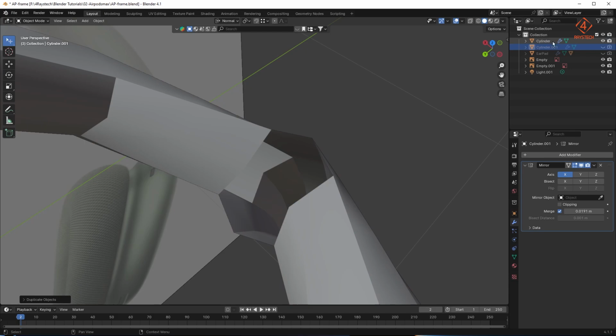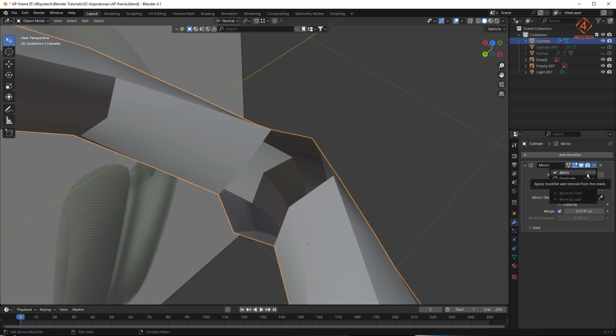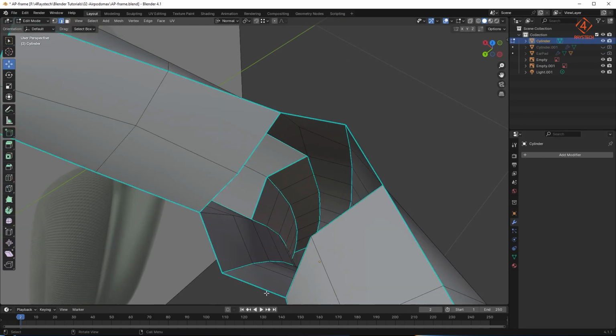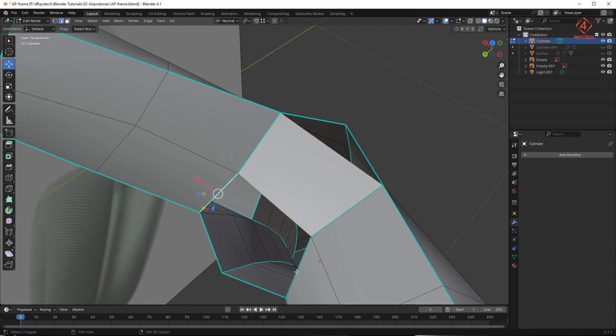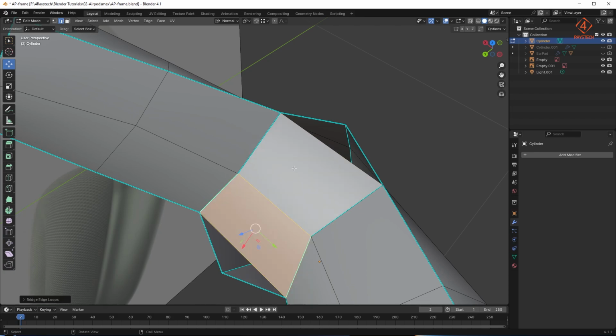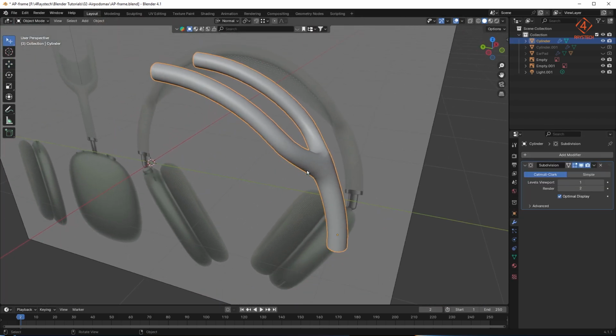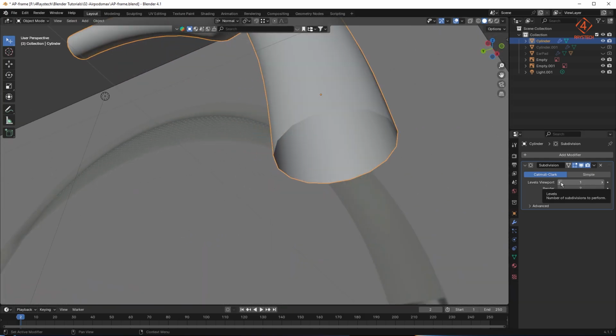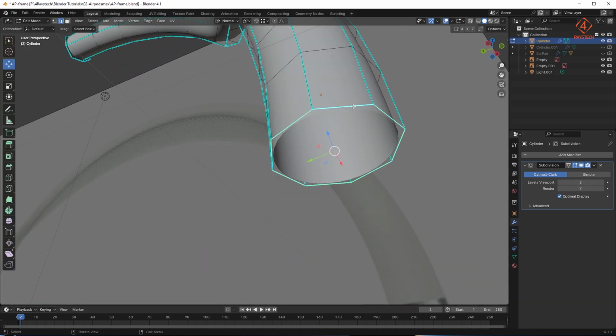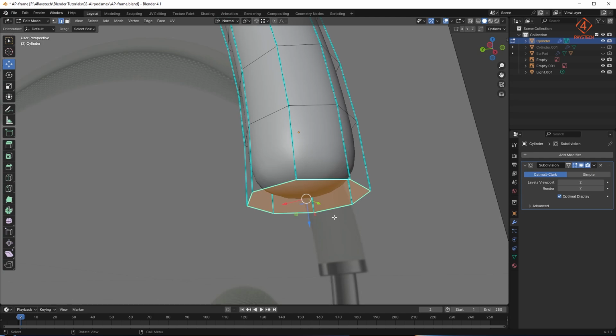Let's fill this up, apply the mirror, and now pick up these edges and use the bridge edge loop to connect these. You can right click and use the bridge edge loop. Pick up these edges and press F to fill it up, and the same thing with these. And this is what we get. So now we need to select the edge loop and press F to fill it up,